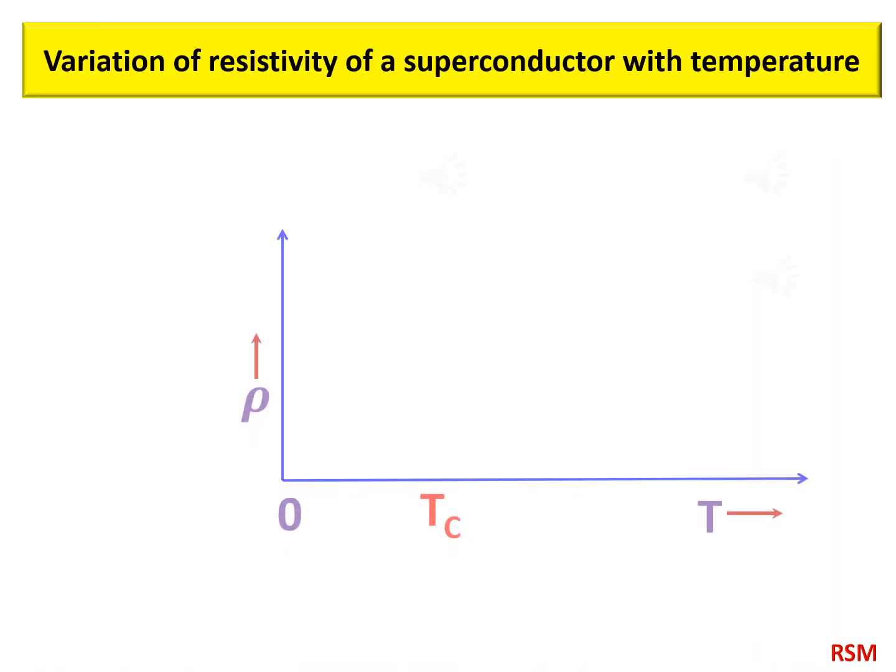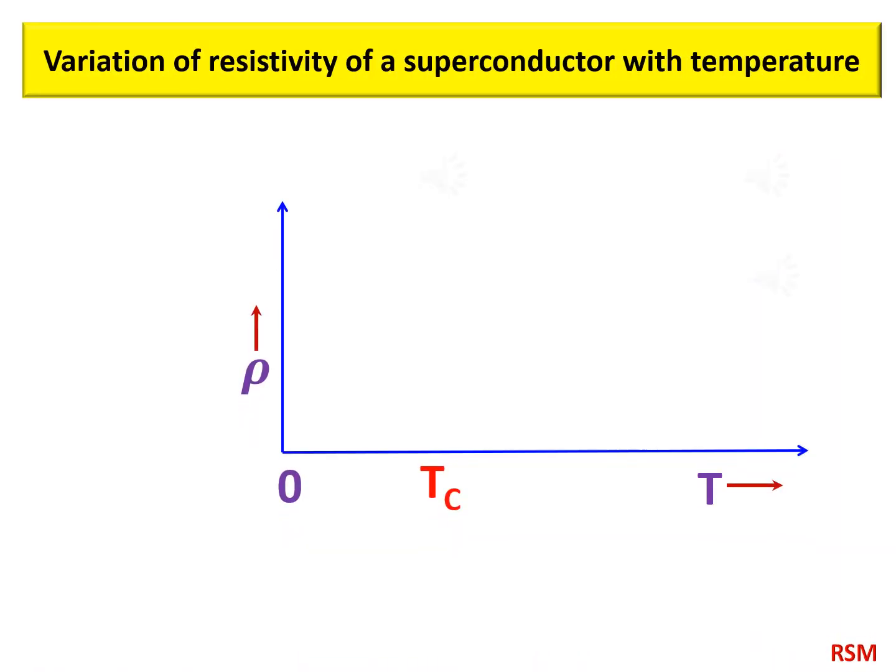The resistivity of a superconductor decreases with decrease in temperature like in the case of normal conductors, but it suddenly drops to zero value when the temperature of the material reaches its critical temperature. The animation shown here shows how the resistivity changes from finite to zero and also how the material takes transition from a paramagnetic state to a diamagnetic state when the temperature of the superconducting material is reduced below its critical temperature Tc using liquid nitrogen or liquid helium.